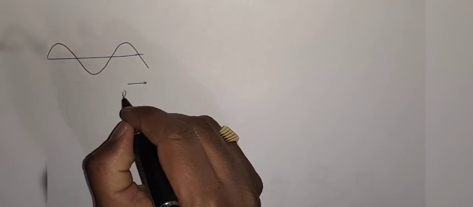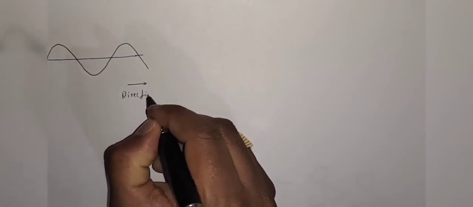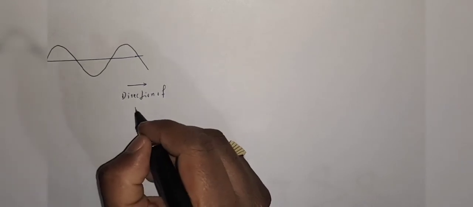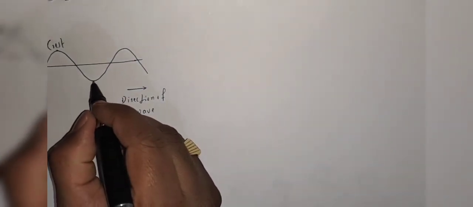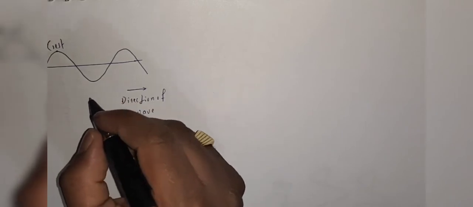Here I am going to draw a basic structure of a wave. This is the wave structure, and this is the direction of the wave. This top point we call a crest, and this bottom point we call a trough,